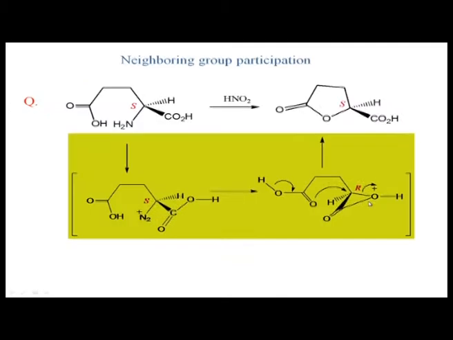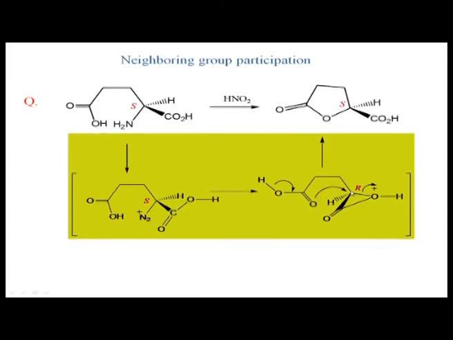So, if that is the case, then you get the same what was the amine occupying the position. Now, this oxygen is occupying the same position as the amine. So, this goes to the S configuration. So, in between it has been converted into the R configuration, because now this oxygen has replaced, in the intermediate, the oxygen has done an SN2 attack onto the diazo, and that forms alpha lactone, but